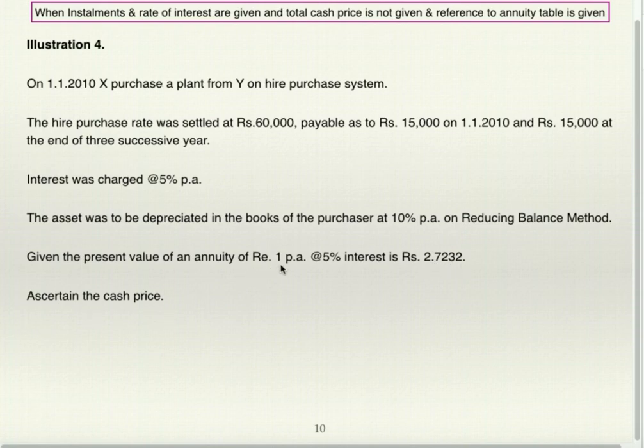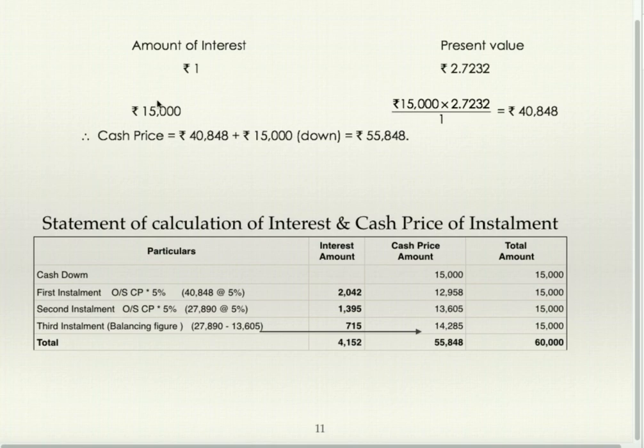That means at the end of first year, second year and third year, if you invest rupee 1 at 5% interest, then you will be getting 2.7232. Now you are investing 15,000 at the end of each year. What will be the amount you will be getting at the end of third year? That is how you are supposed to find out. When you invest 1, you will be getting 2.7232. If you are investing 15,000, you will be getting